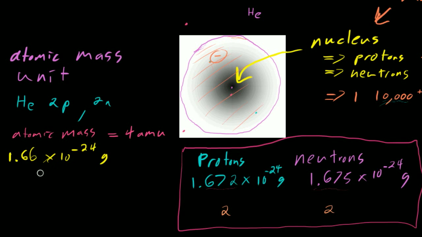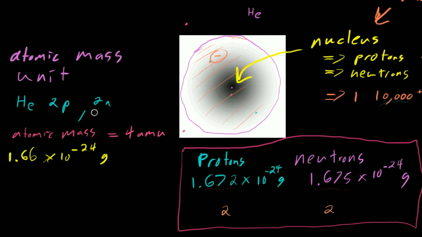But it's almost the same. It's right around in the ballpark of the mass of a proton or the mass of a neutron. And essentially, all you even have to remember about the atomic mass unit is, if we had another atom, and we'll definitely talk more about this,